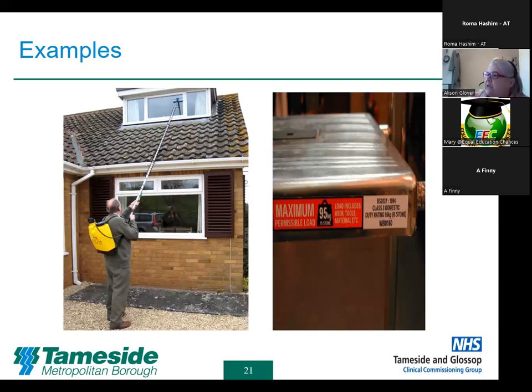I mentioned ladders before as well, and I think this is worth a point. There are 3 different types of ladders. You've got Class 1 industrial, BSEN 131 trade ladders, and then there's Class 3 domestic ladders. You should not be using Class 3 domestic ladders in any kind of work activity or the environments that you're in. You'll see the picture there, that is a Class 3 domestic, but also be aware that ladders will have a maximum permissible load, a safe working load, and that is usually displayed on them as well.